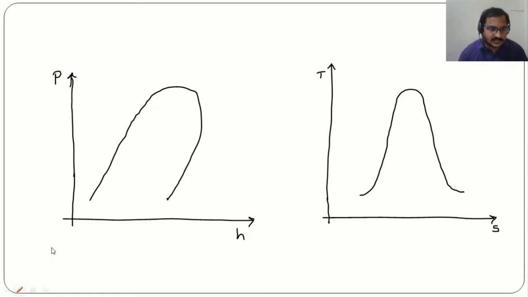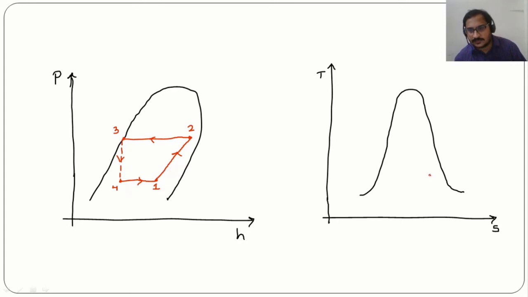So the first case that we have considered is wet refrigerant entering the compressor and leaving in wet condition. So 1 to 2, let us say it is like this. Then 2 to 3, 3 to 4, and 4 to 1 is like this. So 1, 2, 3, 4, let us say it is representing case 1.